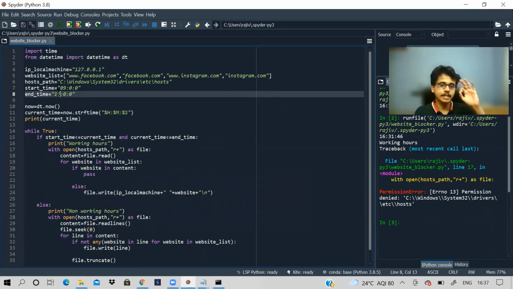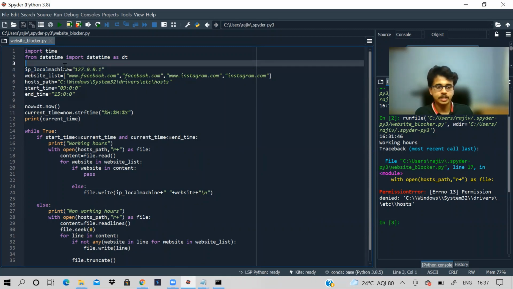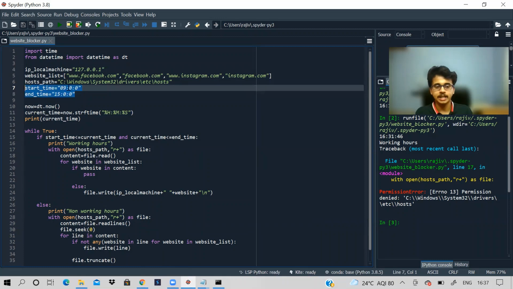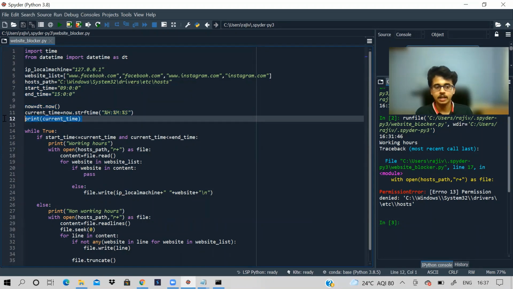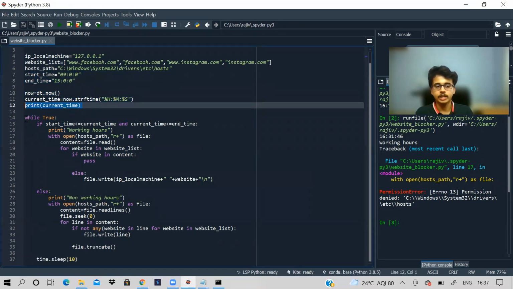So just a quick summary. The IP address we mentioned here, the website list that we want to block we mentioned here, the host file path we mentioned here, and the working hours, the start time and end time, are here. We got our current time, stored it in a string format, and printed it. Then we loop infinitely, checking if we are in the working hours.